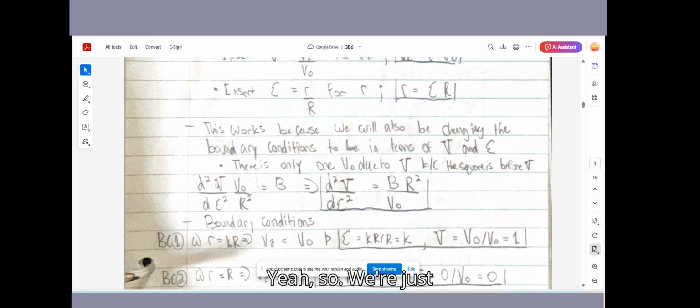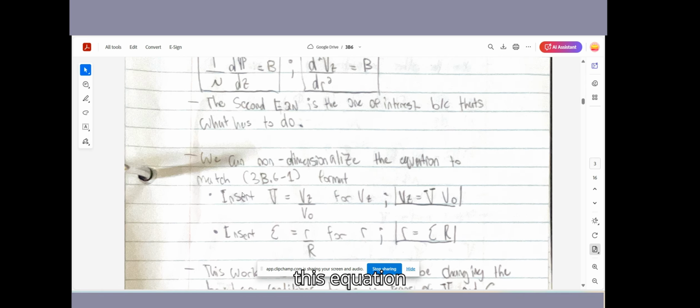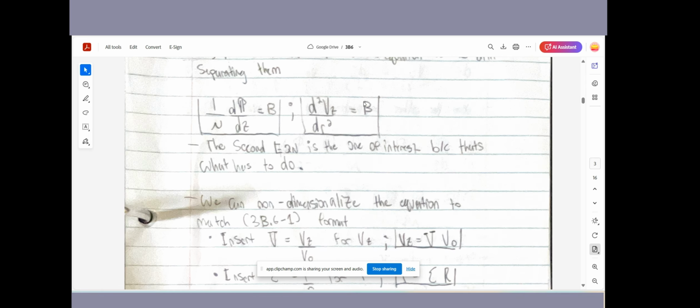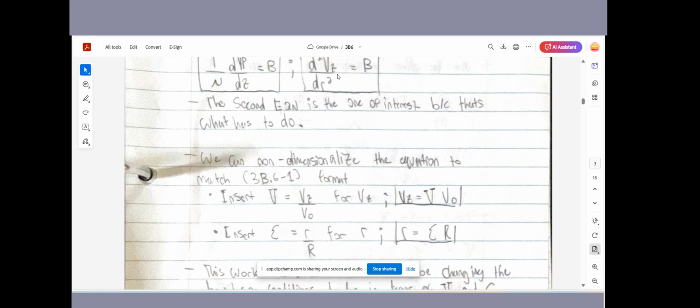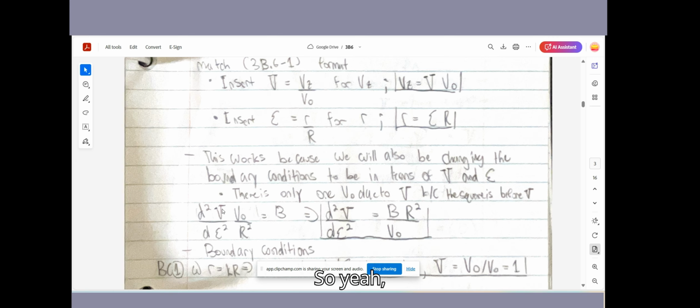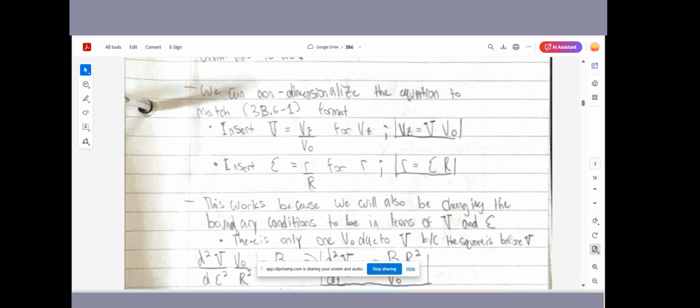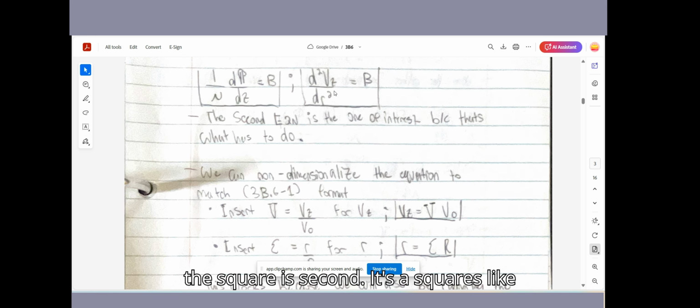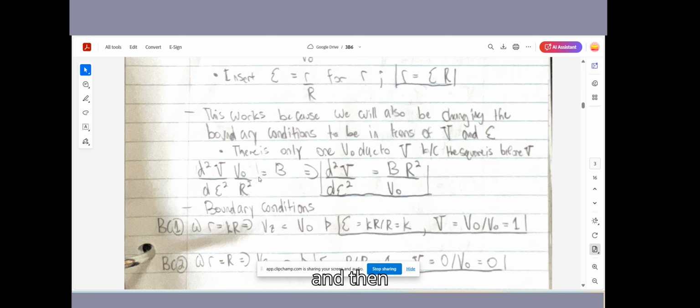Yeah, so we're just transforming this equation into this equation. Since the d squared is before the VZ, you don't have to square it. But for this, because the square is second, if the square is after R, you have to square both of these. And then